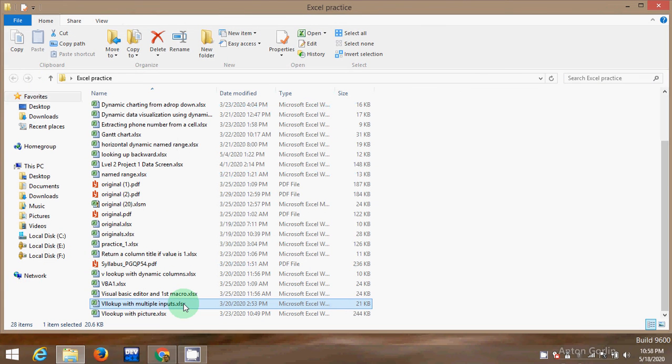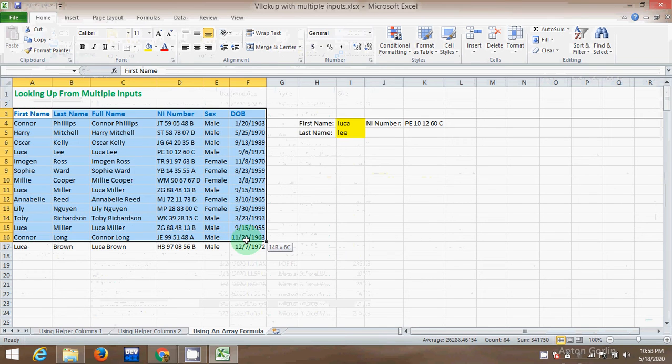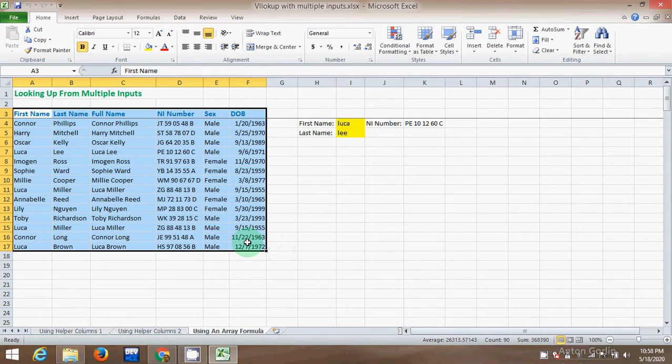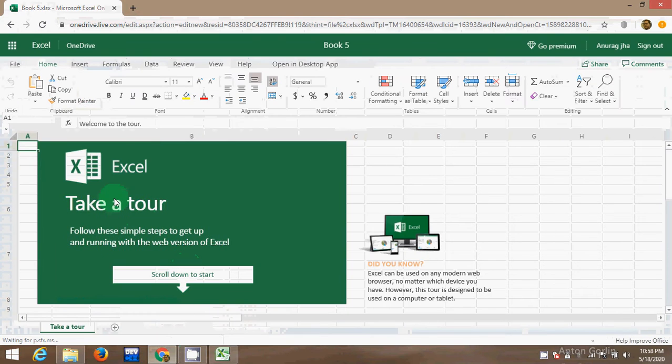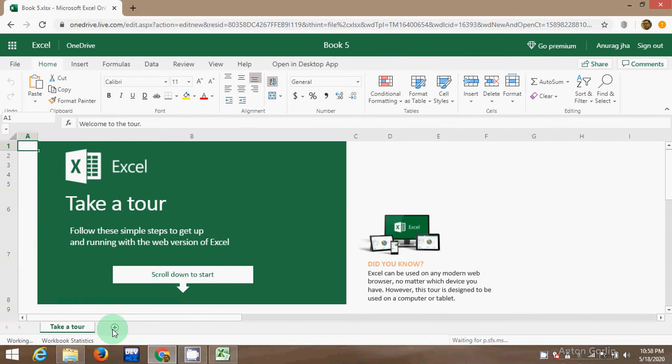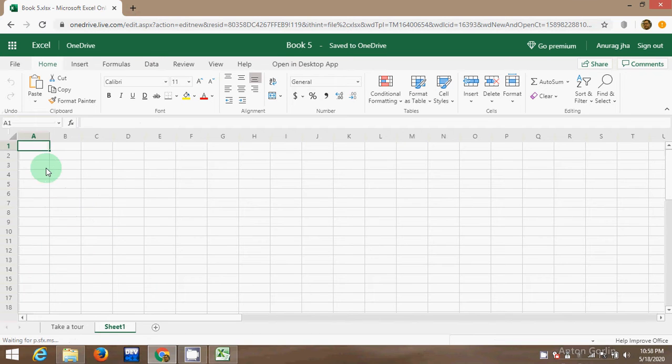I will open the previous file to copy this data to show you XLOOKUP. This saves our time. Here we paste our data.